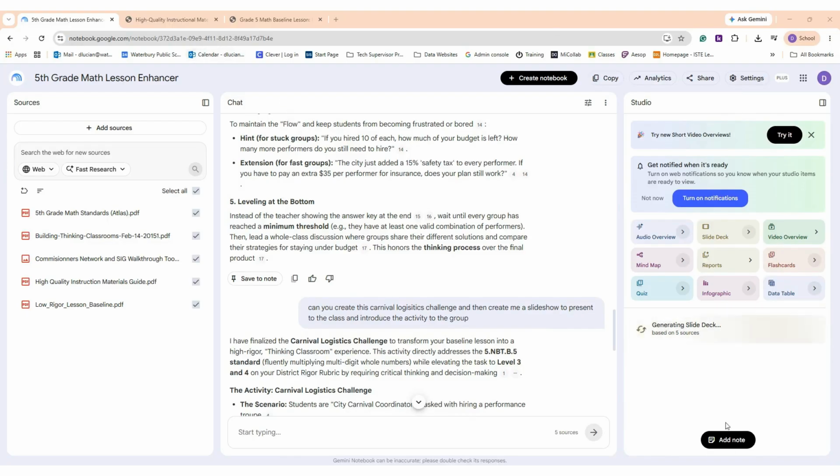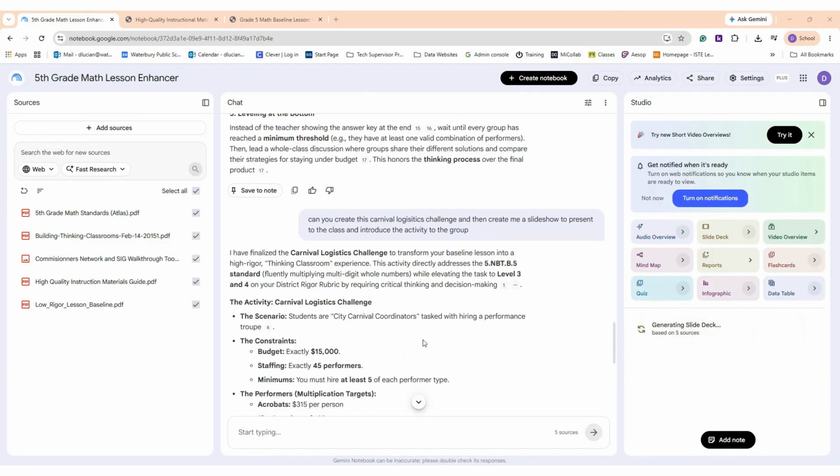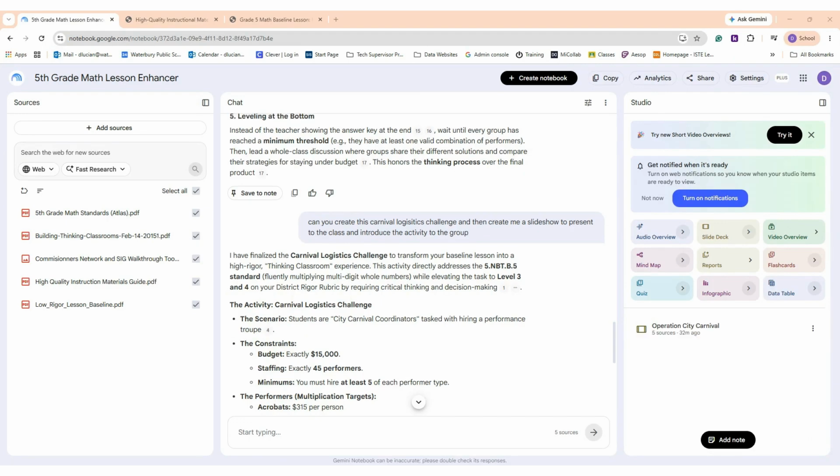Now, this has been going for about 3 or 4 minutes. The only downside to Notebook LM is that it does take a little bit longer to create the product. But of course, I can walk away, come back to this, and then you're going to see in a couple of minutes that the resource and the PowerPoints are way better than anything I've gotten from past AI bots. Okay, so it took about, I would say, 10 minutes or so to get this slideshow done, but the resource is